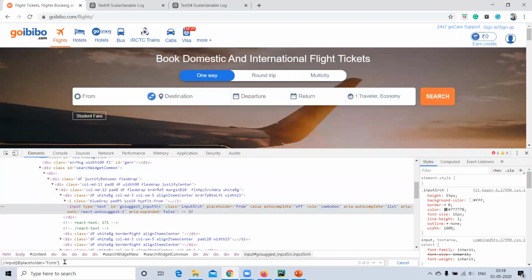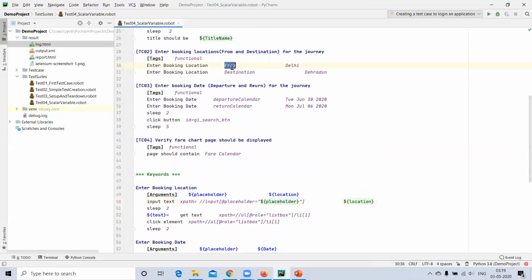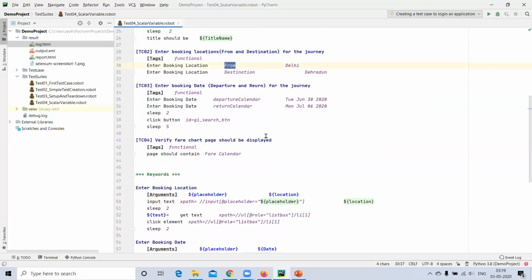It's a complete XPath. So here I will be providing the value, the from value, from the calling of the keyword. Okay, we are able to locate this element, right?